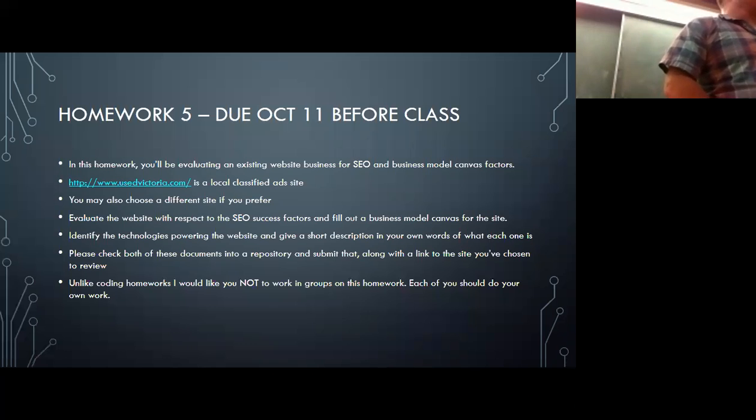but if there's things you can't find, let it go. What I'm really looking for in using the what runs this site plugin is identifying what the major things in there are: Google Analytics, Nginx, React versus Vue.js or Angular. Just kind of an idea of what the major things in there are. And so what I'm going to probably do for the first part of next class is take 5 minutes to pull out the interesting responses people found on what runs those websites